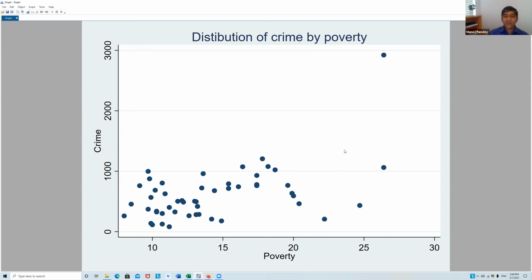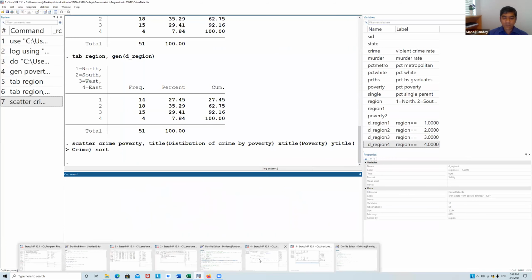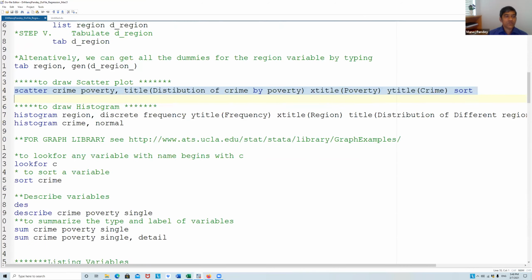So we really cannot say if a linear relationship works better here. But this graph tells you that we can try poverty and also poverty square, because in the latter part there might be some sort of non-linearity involved. So that gives me some idea about how to fit my model and how to choose my model.